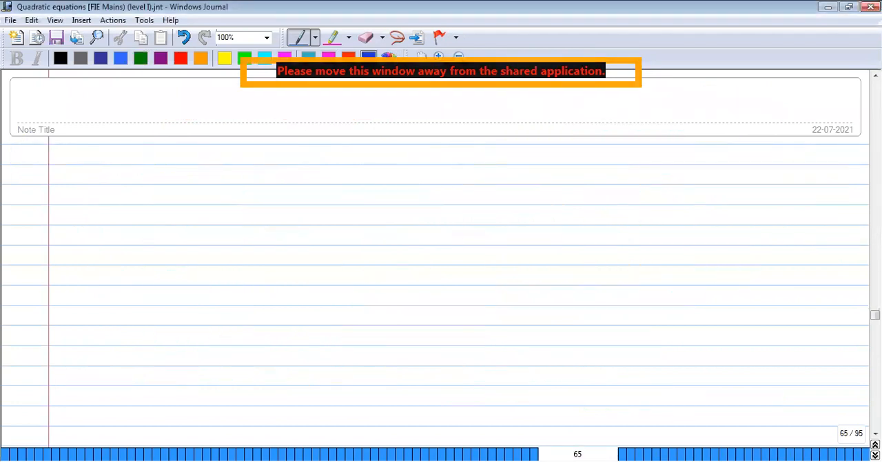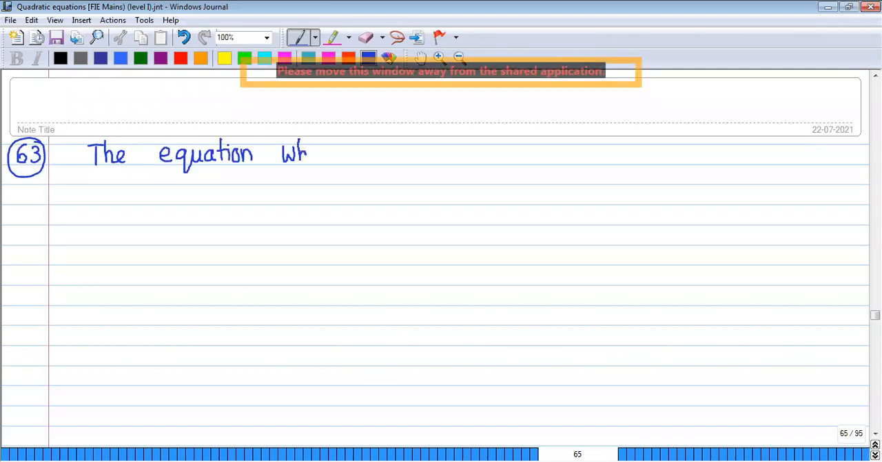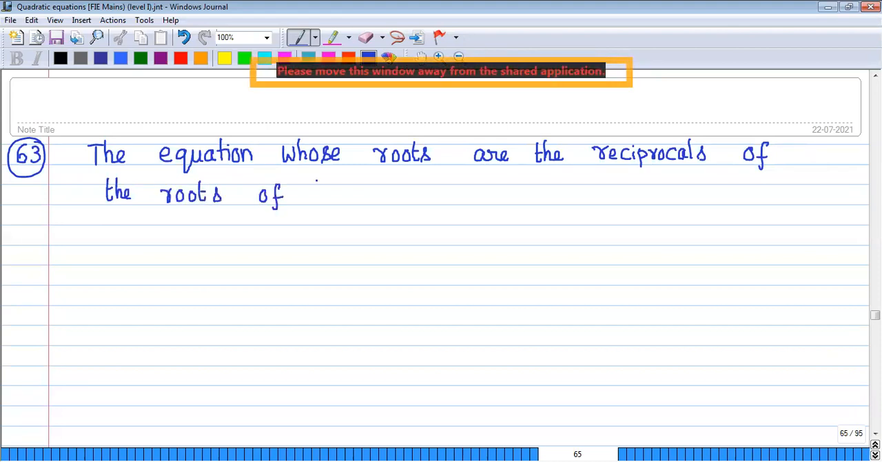Next, 63rd problem. The equation whose roots are the reciprocals of the roots of 3x square plus 5x minus 2 is equal to 0 is